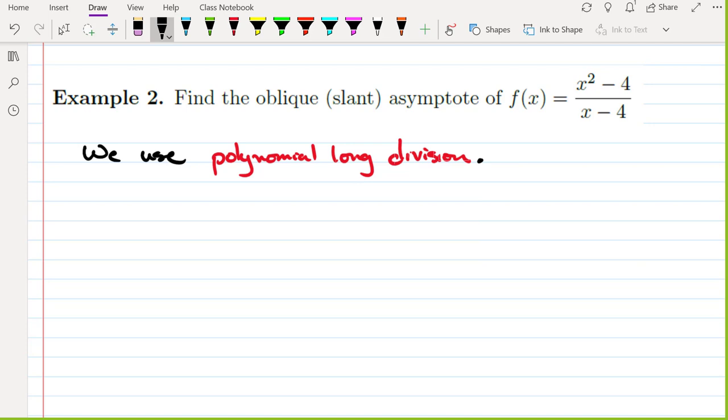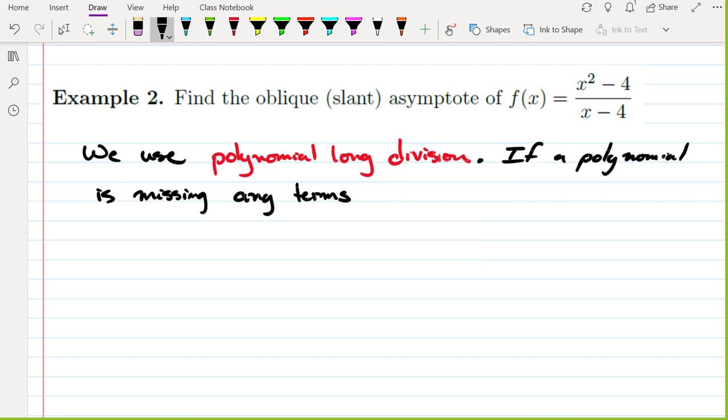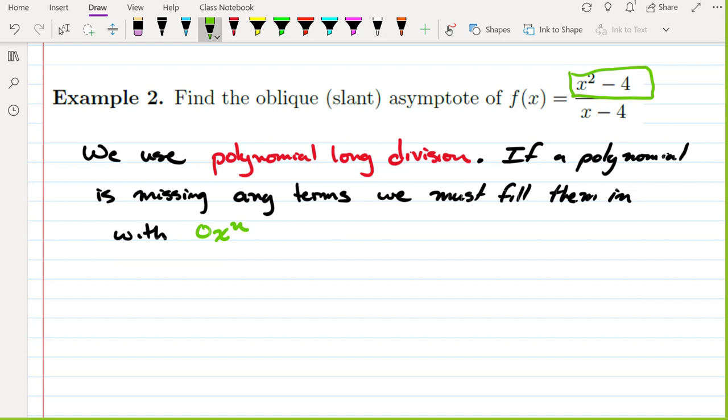So one thing we have to remember is if a polynomial is missing any terms, we must fill them in with 0x to the n. So the reason I mention this is if we look at our first polynomial here,